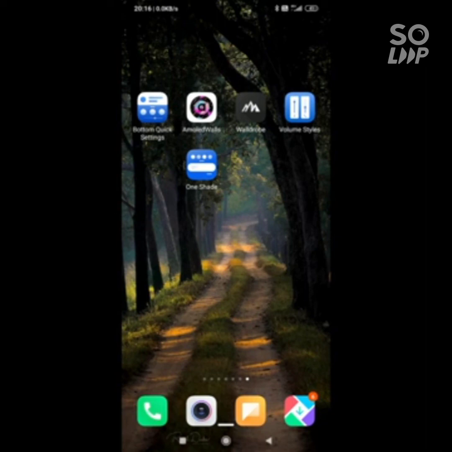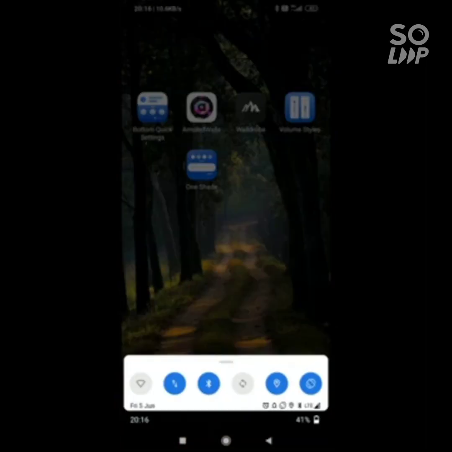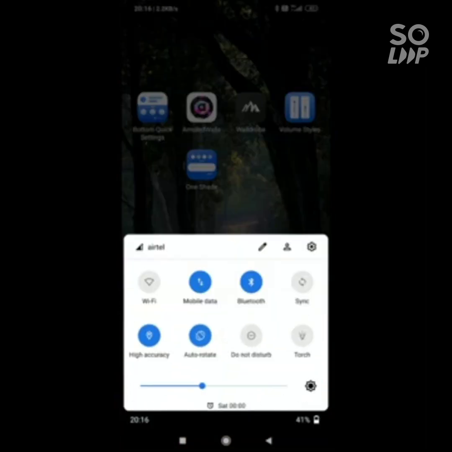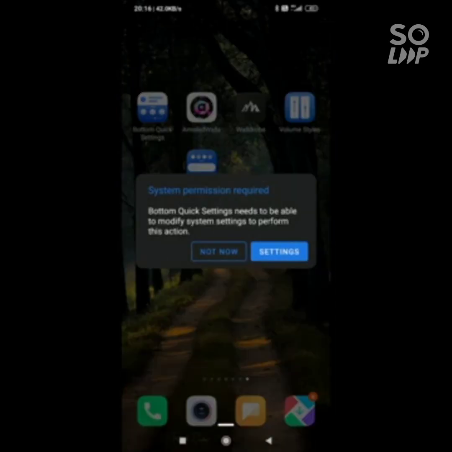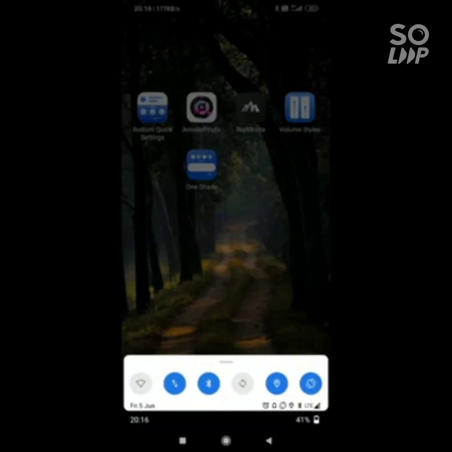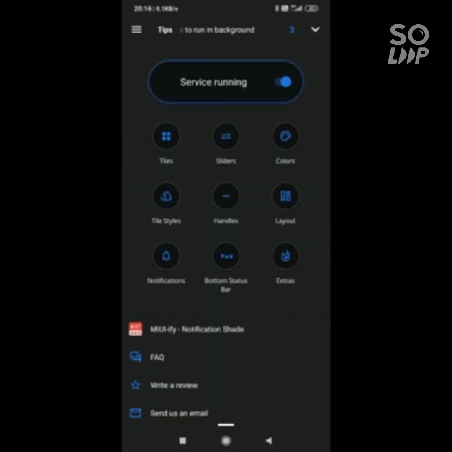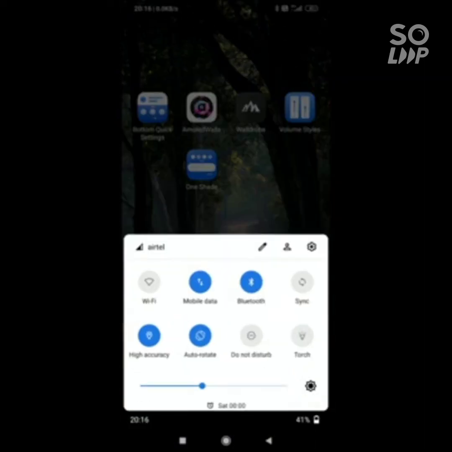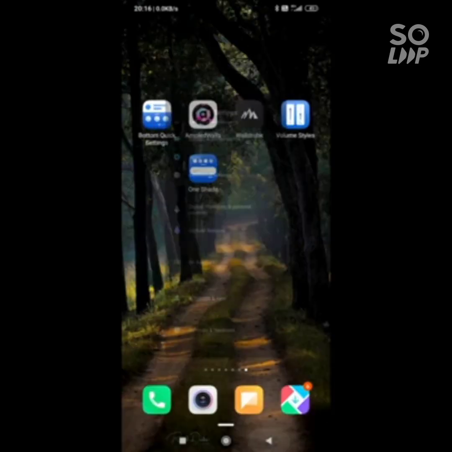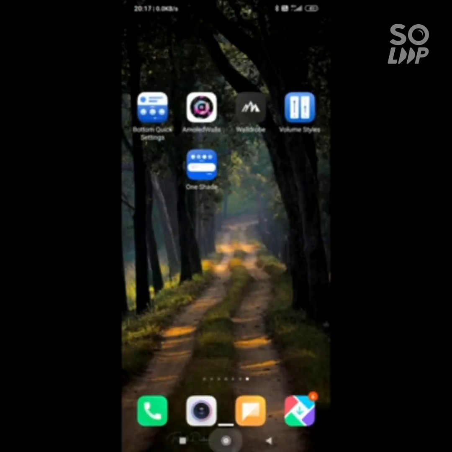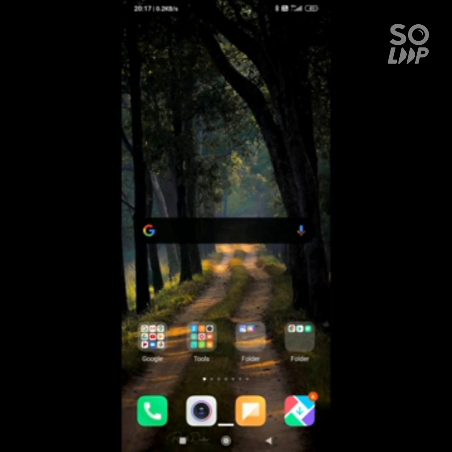Simply move the mark upwards and you can access some of the important settings here: data, Bluetooth, Wi-Fi, synchronization of data. You can also edit them in the settings panel, and go directly to the default settings panels. They have a lot of apps.